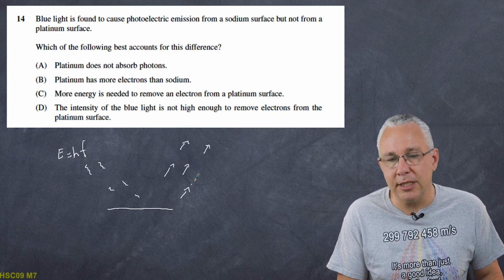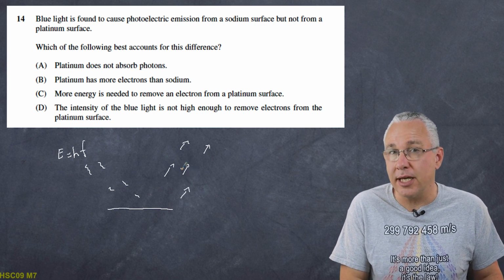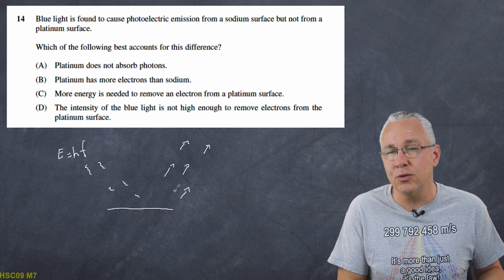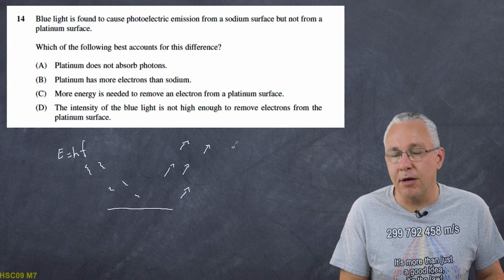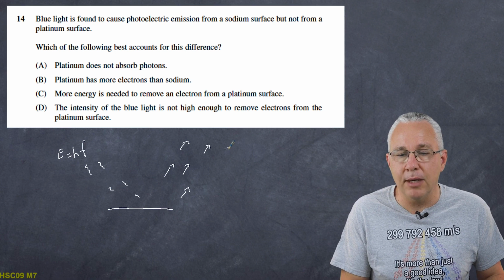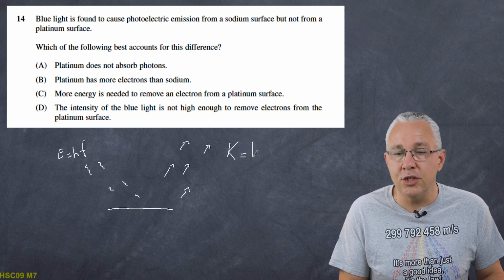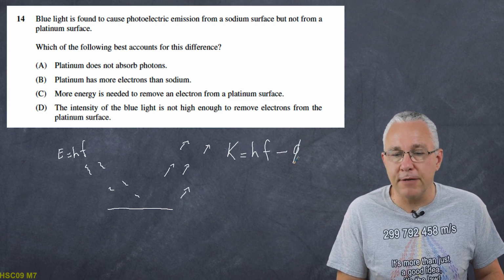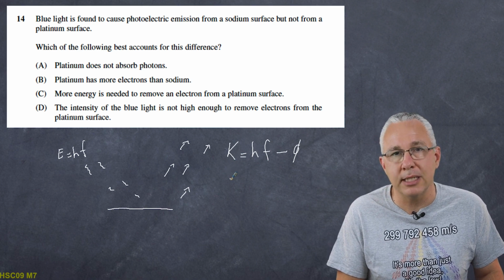The energy that the electrons will have is determined by the energy that they receive from the photons minus the energy that is used to allow them to escape from the metal. And that formula is often referred to as our Einstein photoelectric effect formula, which says that the kinetic energy of the photoelectrons is equal to the energy that they receive, our photon energy, minus the work function. The kinetic energy can be discussed in terms of joules,